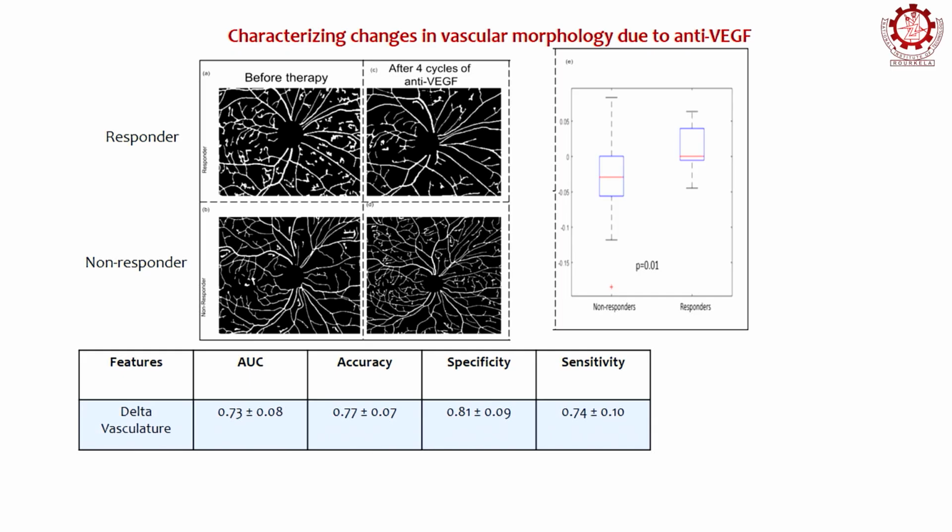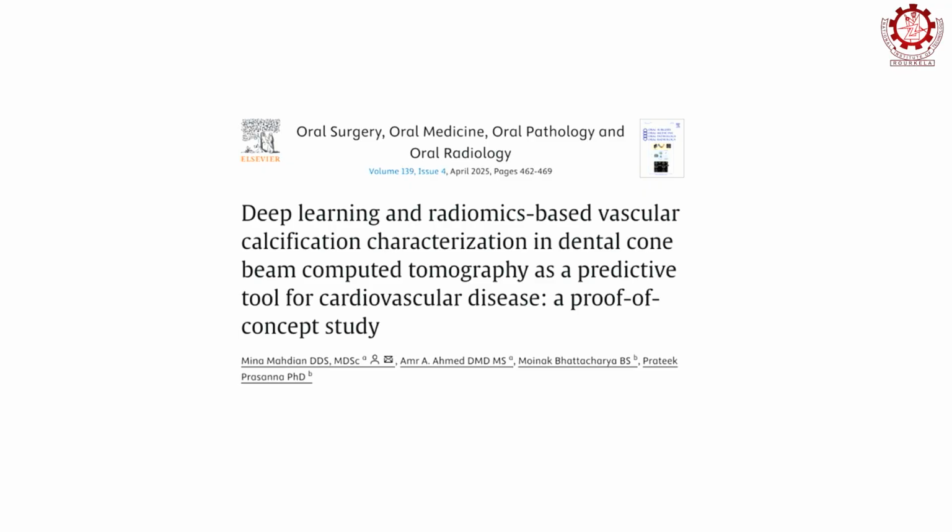So, after 4 cycles of anti-VEGF, we found that the non-responders had a much higher change to the nature of the blood vessels as compared to the responders. Okay, so that was some application in